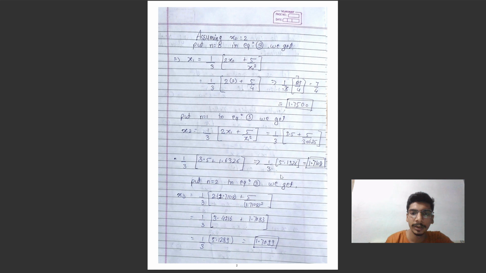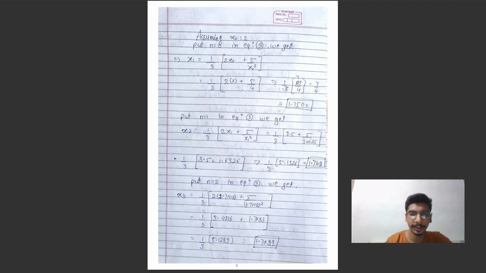Now putting n is equal to 2 and x2 in place of x1, we got 1 by 3 times (2 into 1.7108 plus 5 upon 1.7108 whole square). After further solving it and taking LCM, we got 1 by 3 times 5.1299. After dividing 5.1299 by 3, we got the value of x3 is equal to